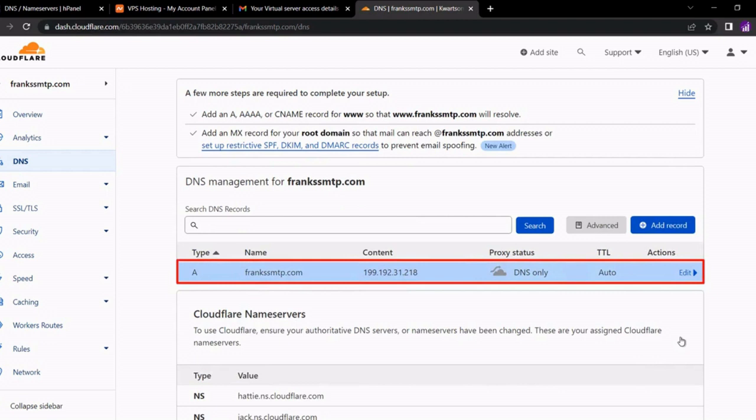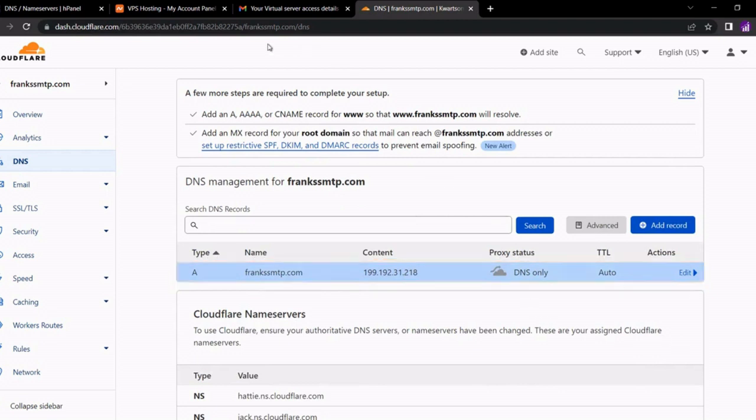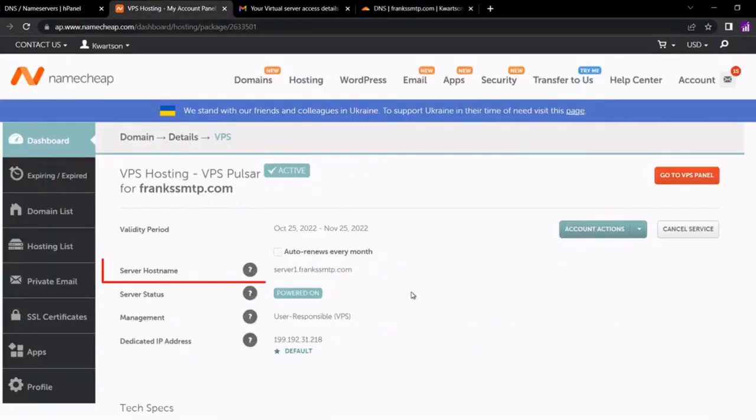We've now pointed the VPS to our domain, but that is not all. We need to also point our hostname to our VPS IP address. The hostname is automatically created for you by Namecheap, but you can decide to change it if you want to. But for me, I'm going to use the default one. In order not to get confused, the hostname helps distribute emails to their intended destination. To add the hostname,